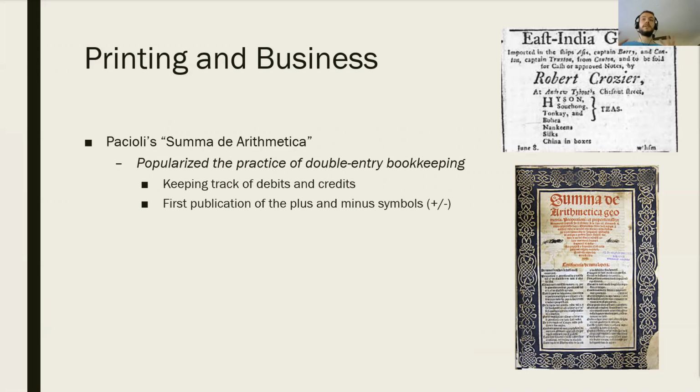So this new ability to spread knowledge also led to the spread about the way that finances could be recorded and published as well. Also, it became more reliable. It allowed trade to be more reliable, people to more easily access information as to where commodities could be found and what they could be traded for.